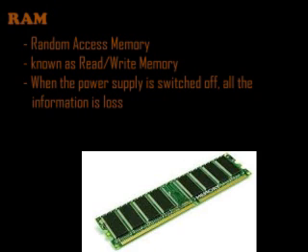The first type of primary memory is RAM. RAM refers to random access memory. The instructions required for calculation are stored in the RAM. We can take data from this memory as well as store data in it, so it is known as read or write memory. Why is it called read or write memory? Because we can take data from this memory as well as store data to it. When the power is switched off, all the information in the memory is lost.